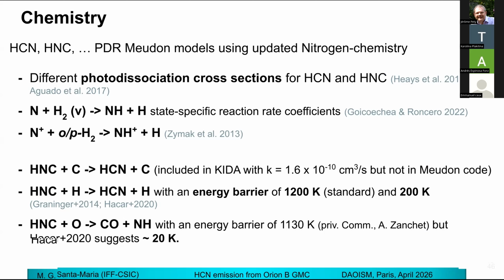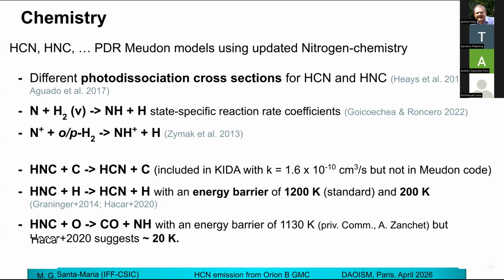And then these three reactions. The first one was not included in the Meudon code back then. And for this isomerization reaction, the one that they said was important, there's the standard energy barrier at 1200